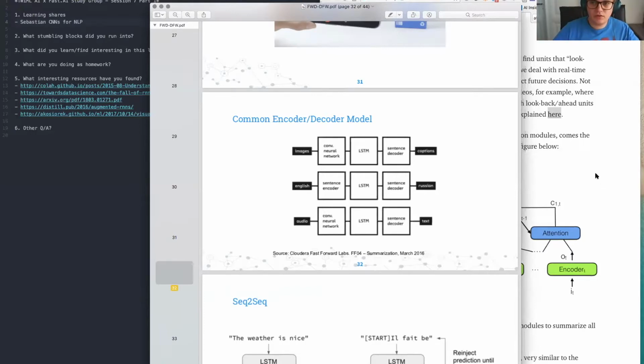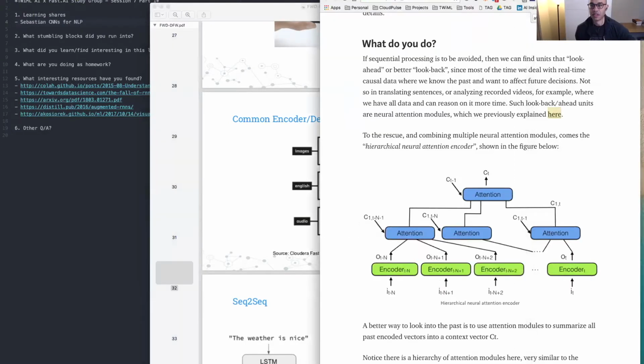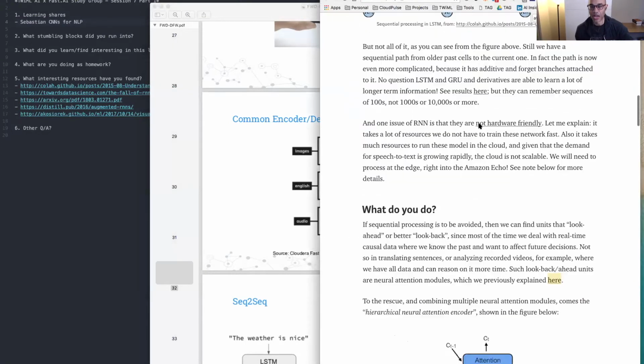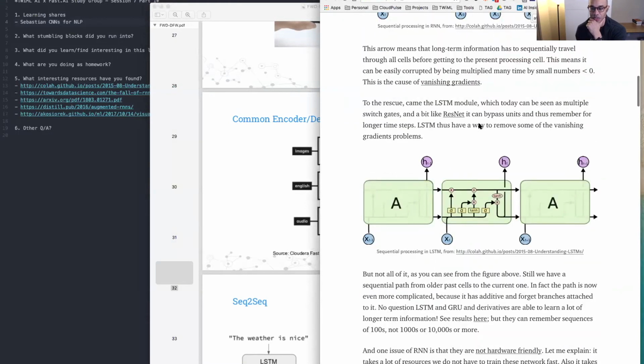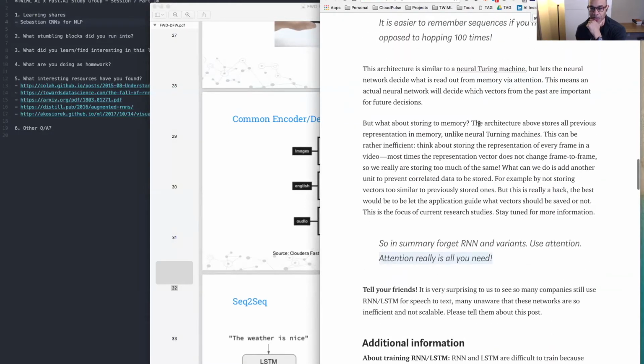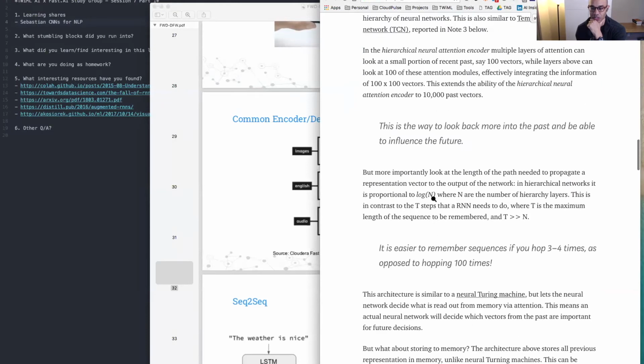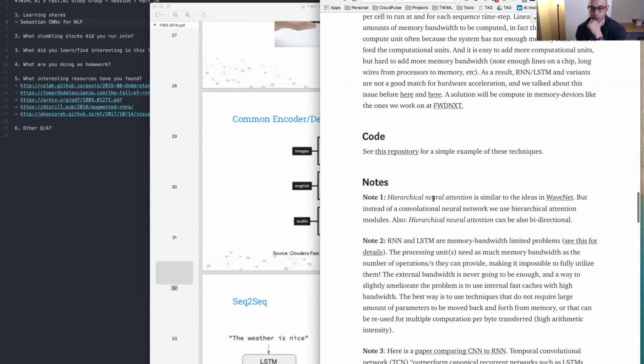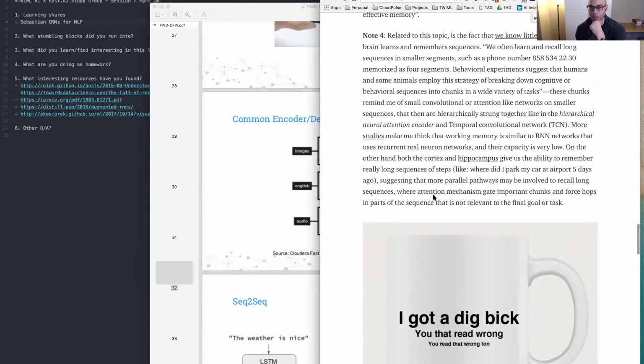I could not read the post on why you should drop RNNs and LSTMs. What do you think about this? Should you? So I didn't get to the end of it. I got about to the attention part. I pulled it up this morning, but